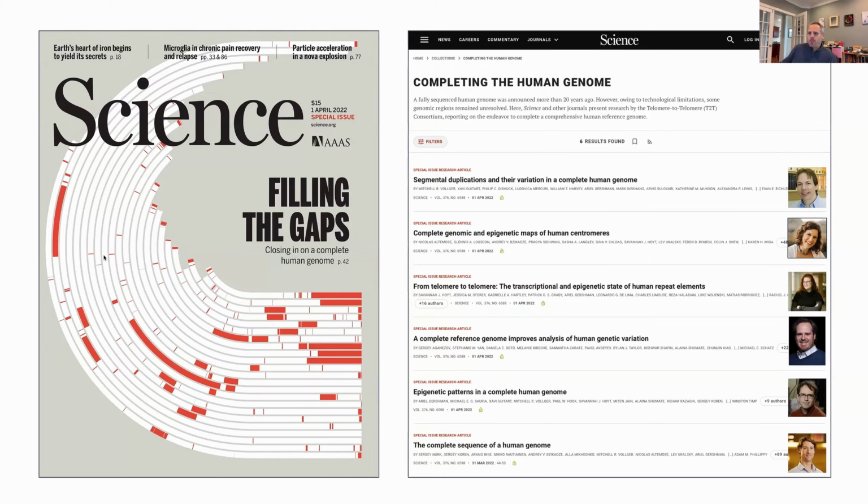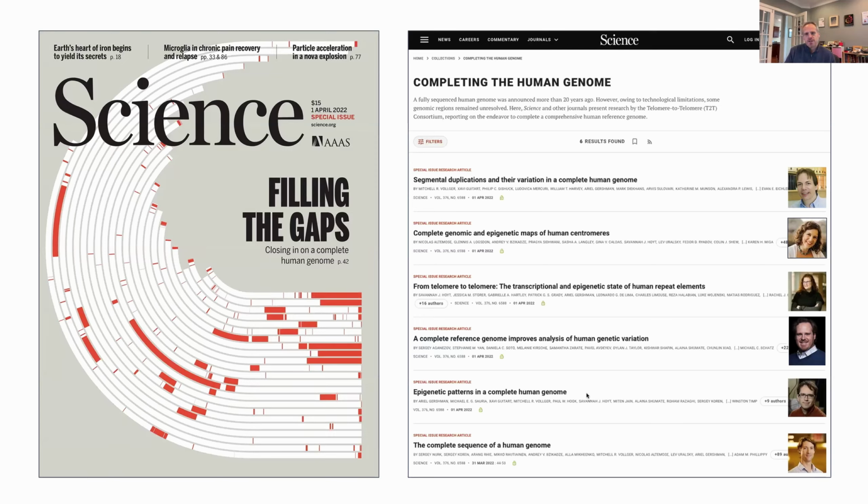In red here are all the parts of all the different human chromosomes that we were able to fill in for the first time, primarily using HiFi sequencing. So every chromosome was improved through this. And things like centromeric sequences, acrocentric sequences, subtelomeric regions, segmental duplications, and beyond were massively improved through the use of long-read sequencing, and particularly HiFi sequencing. And then there's a whole ensemble of papers